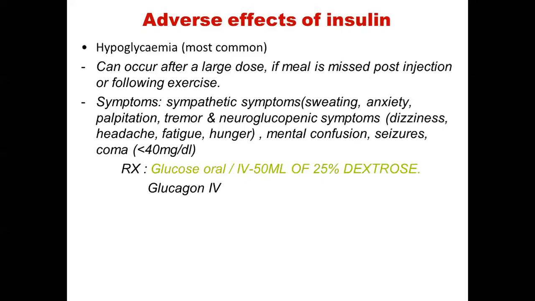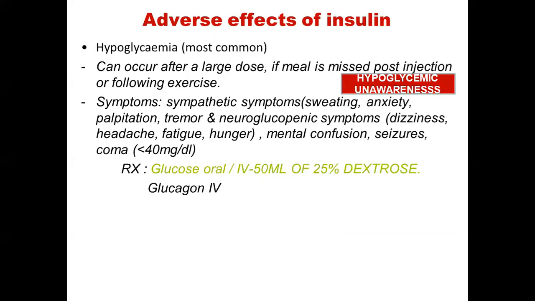But on the other hand, glucagon is not very easily available in the casualty or emergency setup as compared to glucose. This is the reason why you will often see patients taking insulin carrying toffees, chocolates and sugar capsules with them. The moment they feel they are facing hypoglycemia, as they detect symptoms like anxiety, palpitation, sweating, they can have these capsules or sugar tablets very soon, before the major symptoms set in. During the education of diabetic patients, they are taught how to detect the hypoglycemic symptoms.